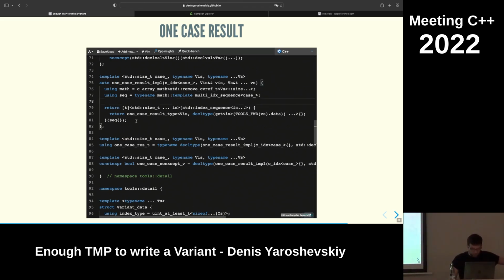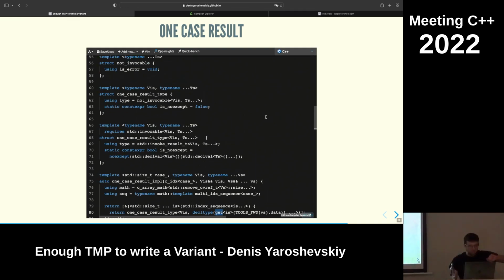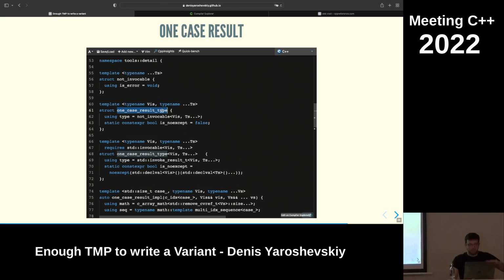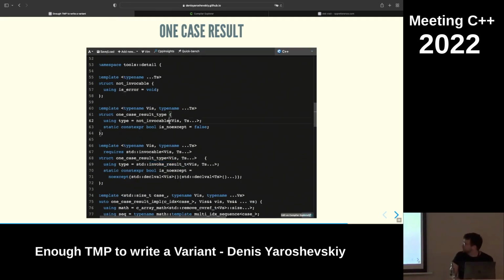We unpack that, we get those 0 and 0, 0, and then we send it into a struct that is specialized. In the default case, it's going to return no invocable type. And when it is invocable, then I'm going to return invoke_result for the return type. And in the default case, noexcept is false, and if it is invocable, then the noexcept is actually computed correctly.